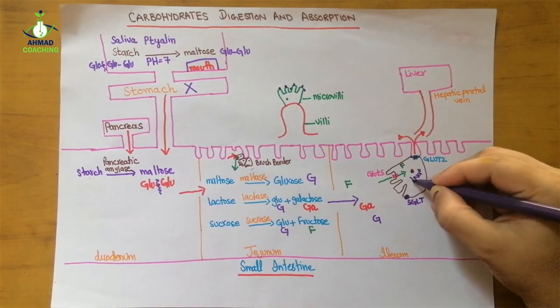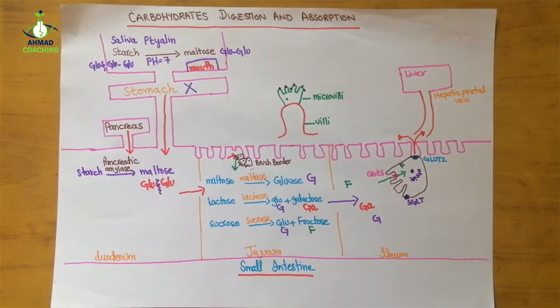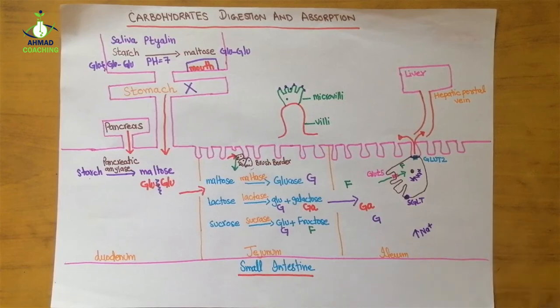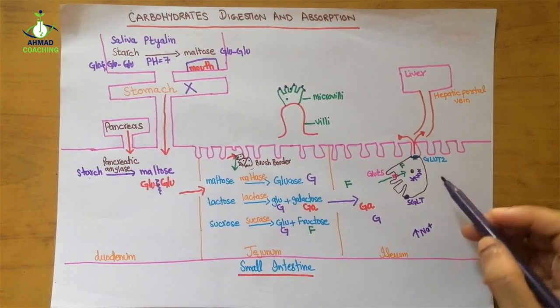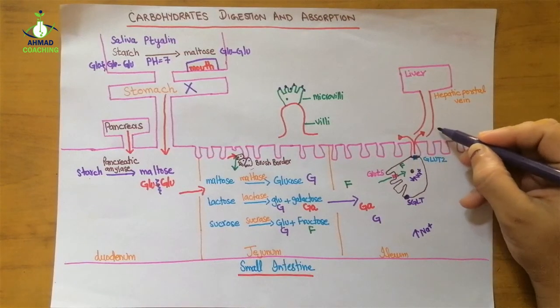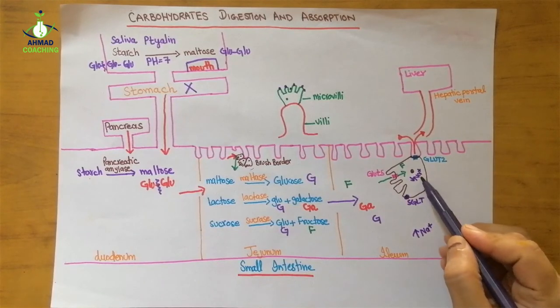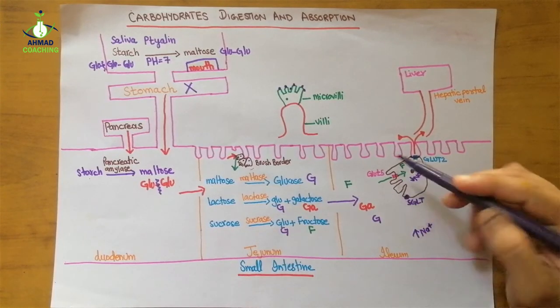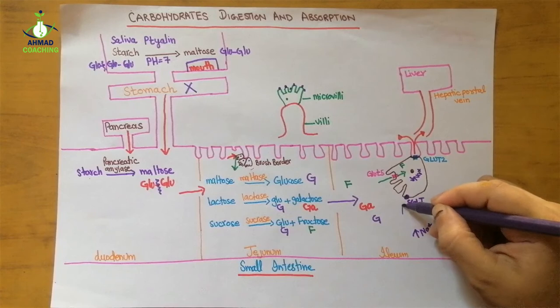Now the mechanism behind this transport or absorption is that inside the cell the sodium concentration starts to drop, while in the lumen the sodium concentration is very high. Why is it very high? Because when we consume food we are taking salt, and salt is sodium chloride. That is why the lumen has a high concentration of sodium, while the sodium inside this cell is transported out of the cells continuously. So because of the decreased level of sodium inside the cell, the sodium from the outside will start to move into the cell,